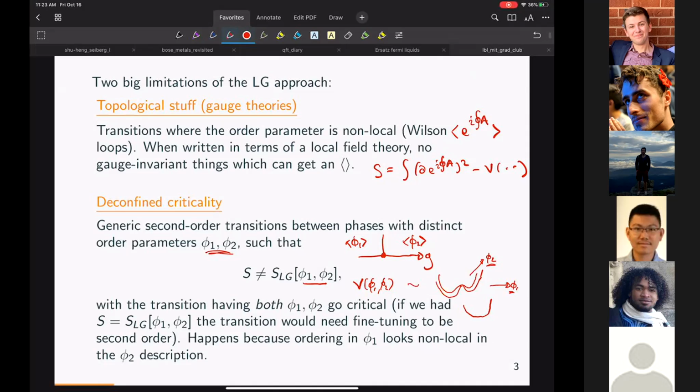So does that generic description necessarily imply fractionalization at the critical point? I don't know if it necessarily implies fractionalization. I think you can construct examples in gauge theories or something where you have